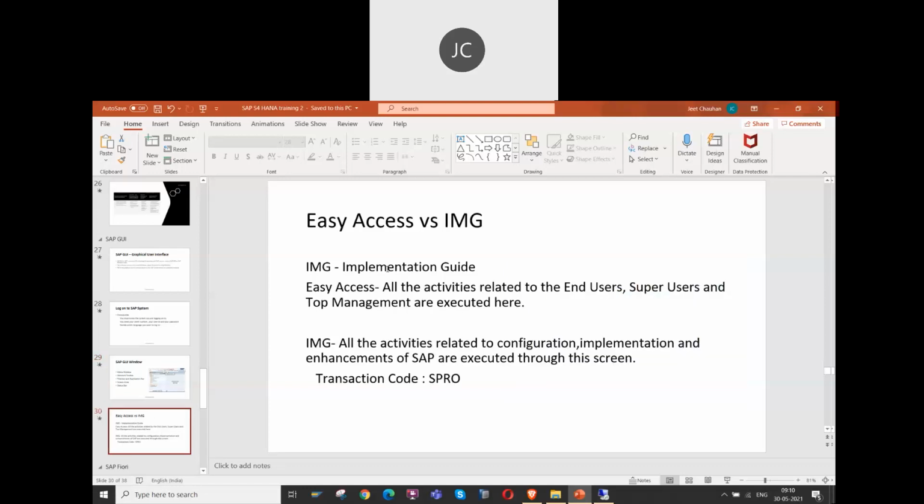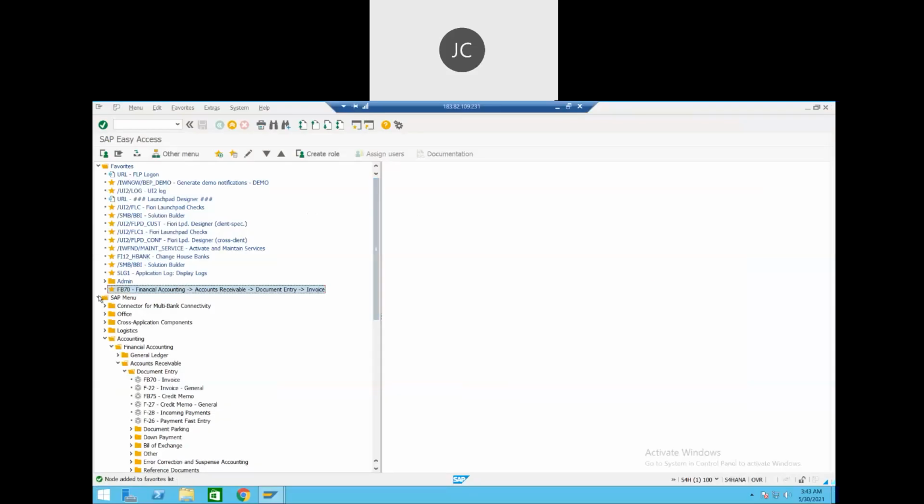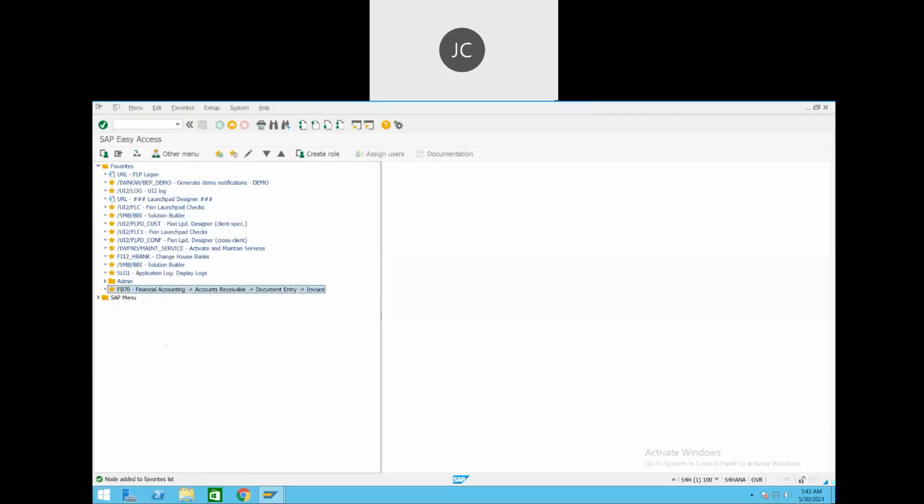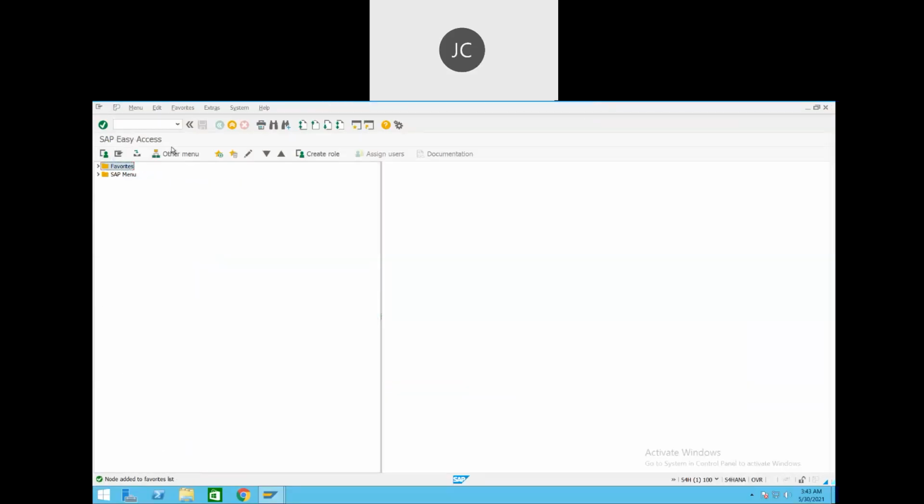Now let's understand this screen, SAP Easy Access. What we follow, what we can achieve from this Easy Access. Tirtha, as you worked as a user for SAP sometime back, you might be accessing this particular screen every time, Easy Access, entering some particular transaction codes from there and maintaining some data.